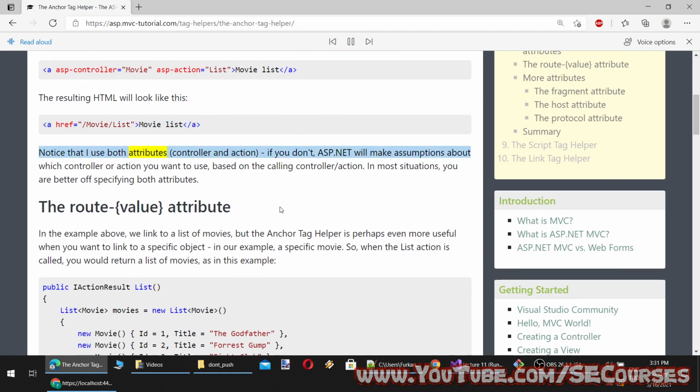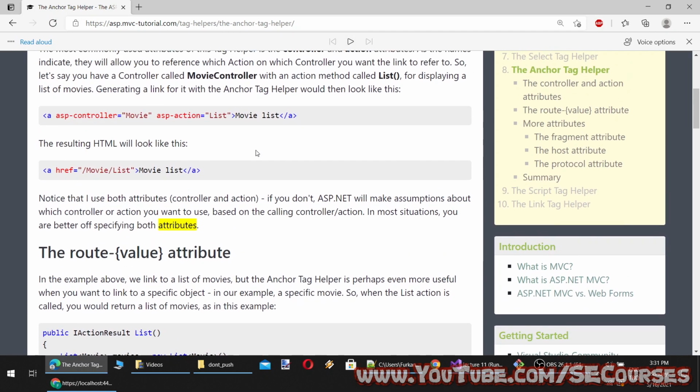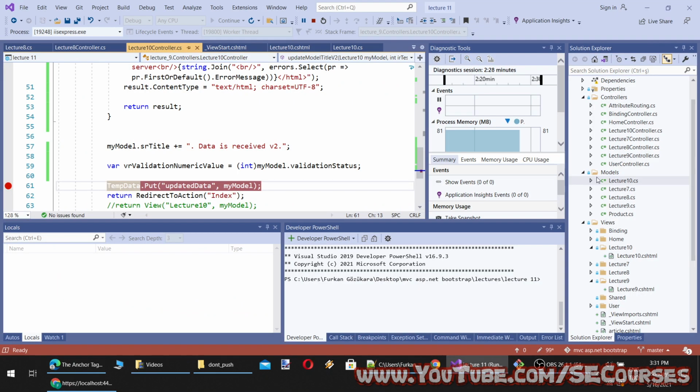Notice that I use both attributes, controller and action. If you don't, ASP.NET will make assumptions about which controller or action you want to use, based on the calling controller/action. In most situations, you are better off specifying both attributes. Okay, so in most situations, we should define both of the parameters. So let's add